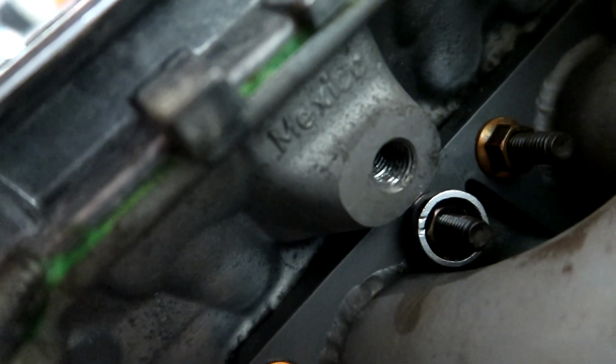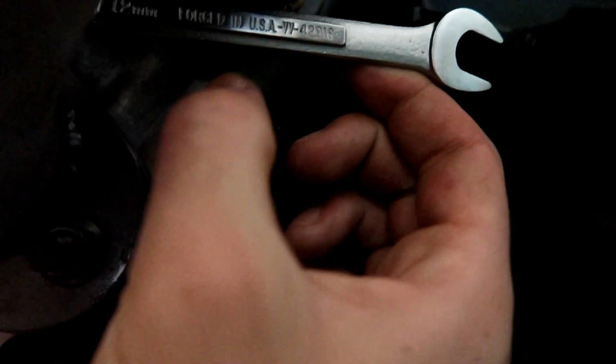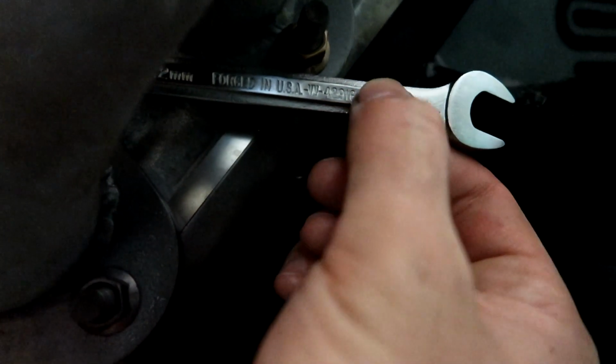But if I try to sneak it and back it off a little bit, so it's barely on top of the nut, and then I bend it so it's not really straight, then I can get this to clear the flange. So this comes towards the camera a little bit and it'll clear the flange. So you kind of have to cheat a little bit. It's probably stripping the nut a little bit, but